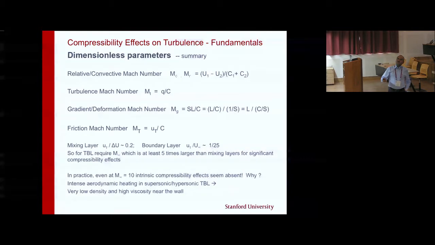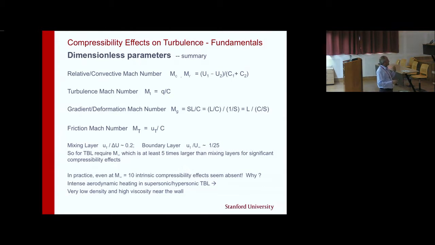One can think of such a Mach number as a ratio of time scales. L over C is an acoustic time scale, time for acoustic travel across a turbulent eddy of scale L. All right? And the deformation time scale is here at the bottom. So it's the ratio of acoustic communication time across the eddy divided by the deformation time. And so if the deformation is very rapid, so rapid that there isn't enough time for sound to communicate across the eddy scale L, then this is going to be a very different kind of beast than a regular hydrodynamic turbulence. And so this gradient Mach number or this deformation Mach number is a useful way to think about